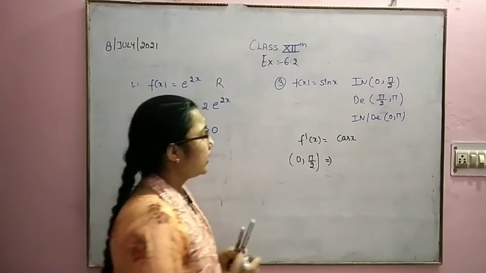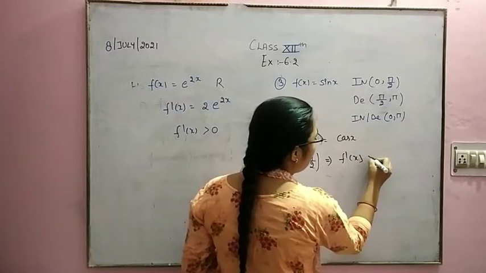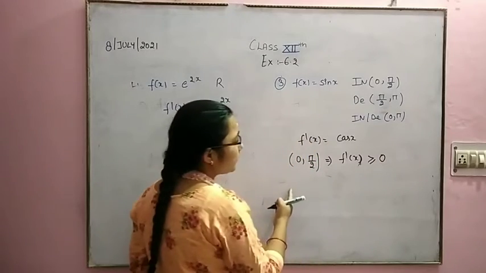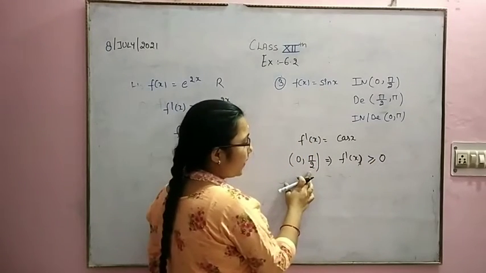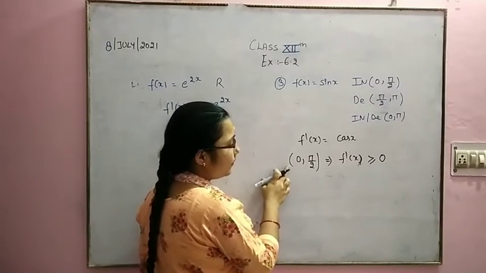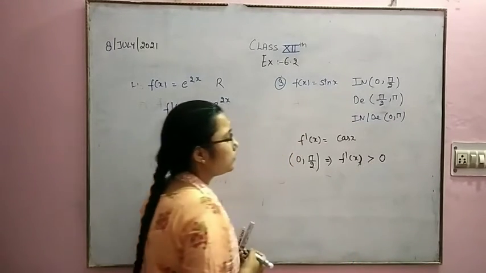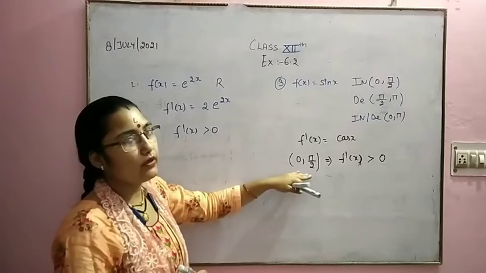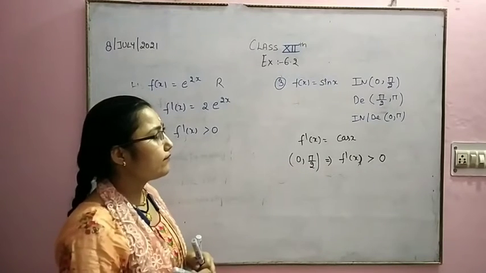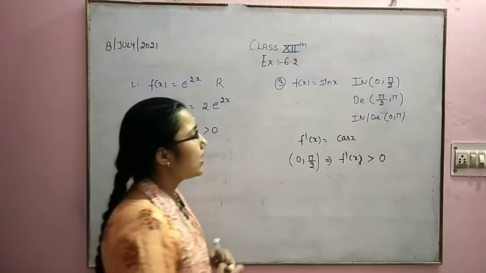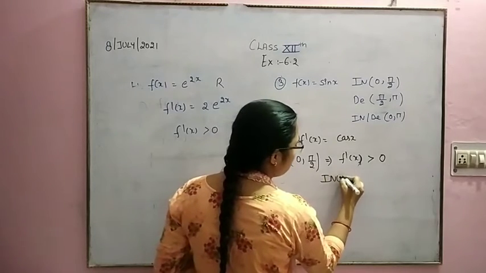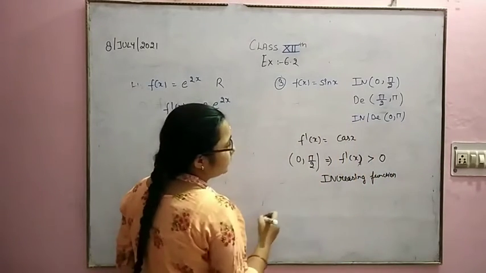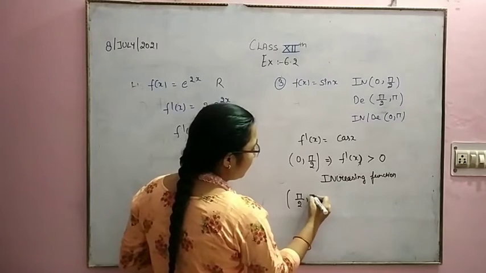So it is sure that f dash x is always greater than and equal to 0 for 0 to pi by 2, but since I am using an open bracket here, we use only greater than 0. Okay, that means we are talking about the limit between 0 and pi by 2. So we get f dash x is greater than 0, that means a positive value, hence the function is an increasing function. Correct. For the second one, pi by 2 comma pi.